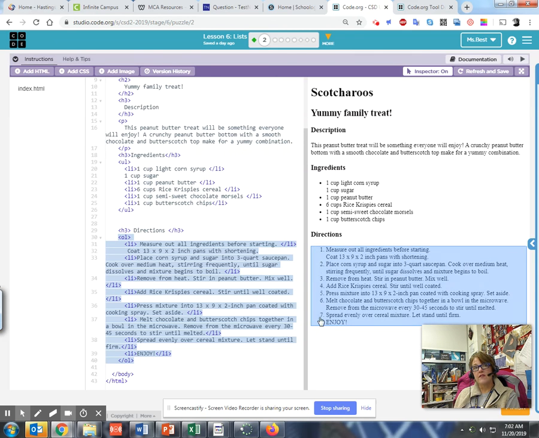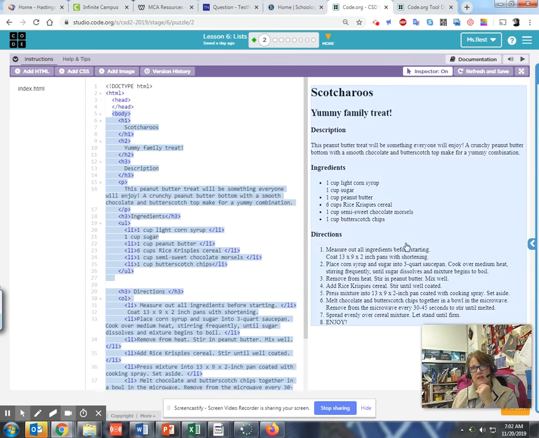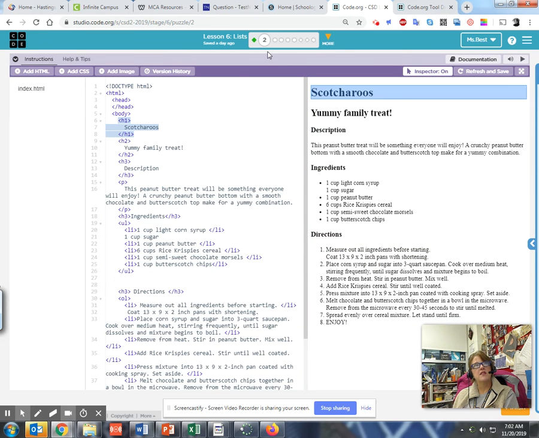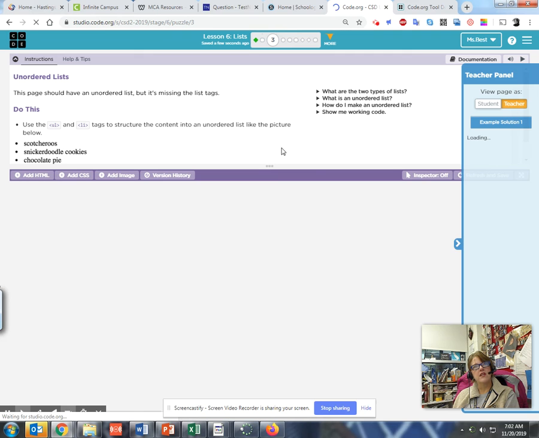Notice none of these numbers were typed in. It all shows up because of the code. Fix this line, coat the 13 by 9 by 2-inch pan with shortening. Fix that so it gets numbered. That's what level number 2 is about. As you continue on into 3,